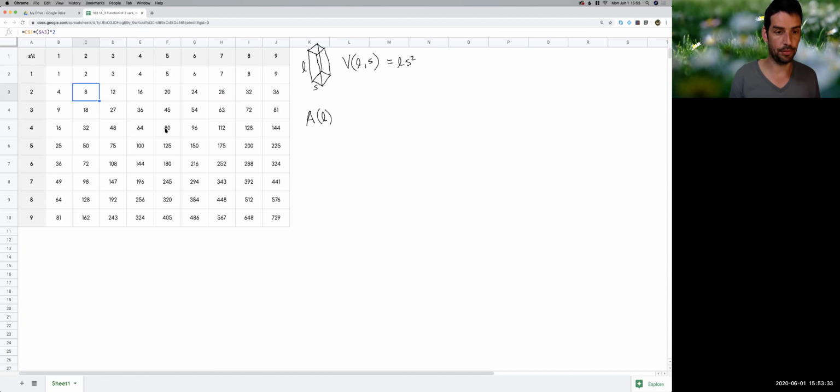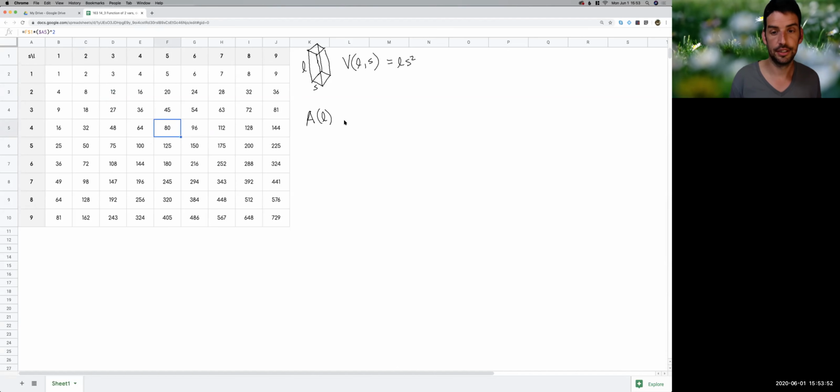Let's look at this portion where our height is 5 and our side length is 4. I've highlighted that square. 4 squared gives me 16, times 5 gives me 80. So I'm highlighting that square. What I'm going to define is a function